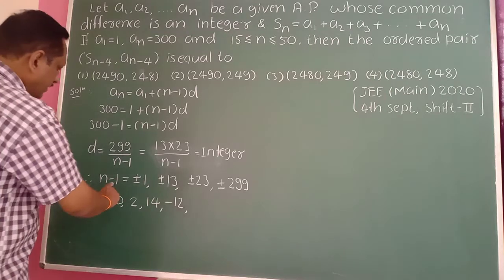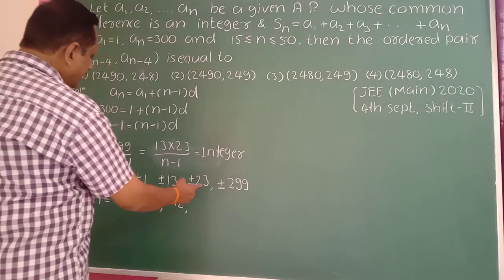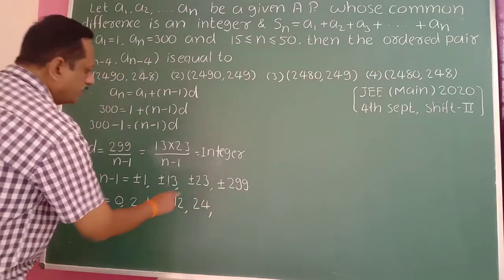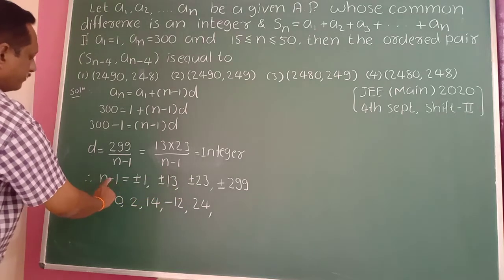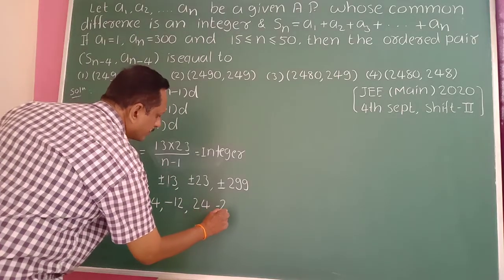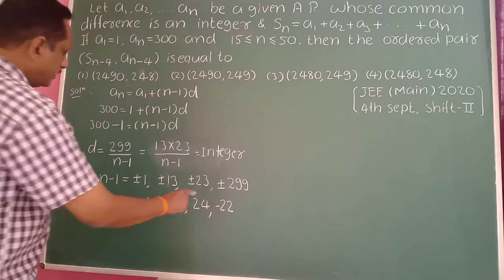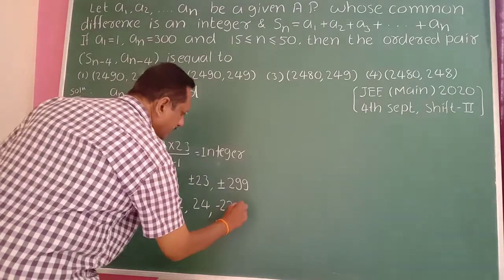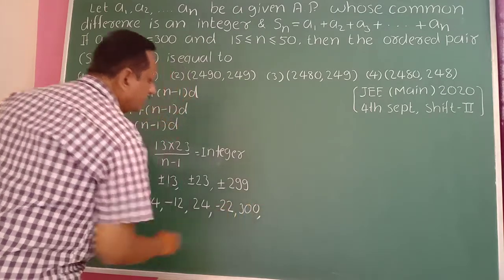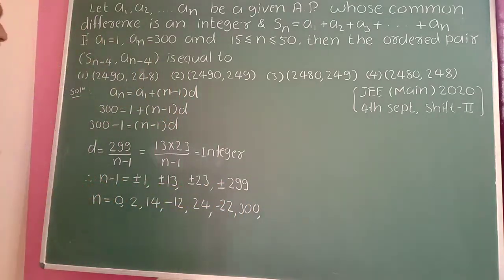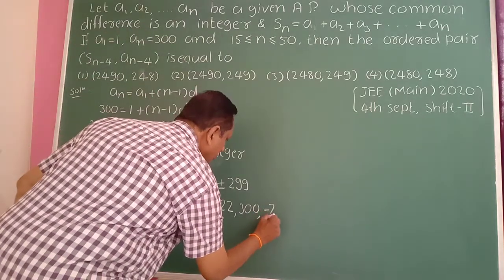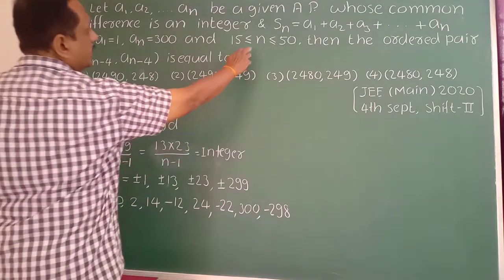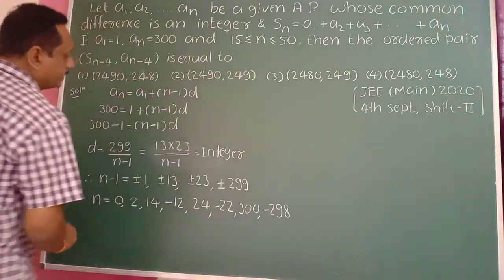So similarly, take 1 this side here. 23 plus 1 becomes 24. Or minus 23 plus 1 becomes minus 22. Then take minus 1 this side here. 299 plus 1 becomes 300 here. Minus 299 plus 1 is minus 298 here. Minus 298. But they already gave that n is in between